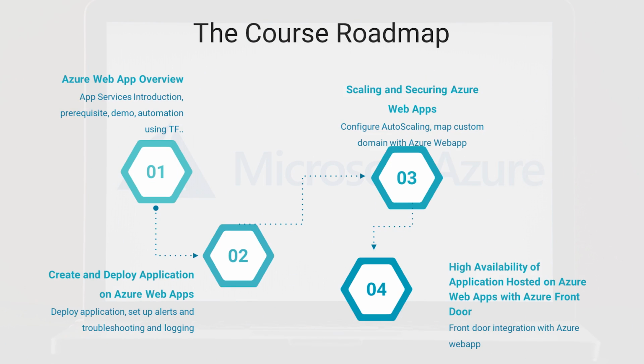In terms of agenda, we're going to start off with the Azure Web App Services overview, wherein we see what are different types of plans, which one is free and which one is production, and when should you use which plans. We're going to start creating first Azure Web App Services manually, and then using an automation script using